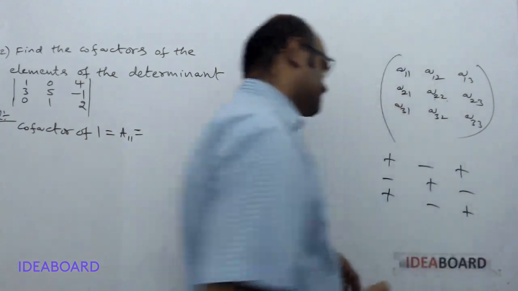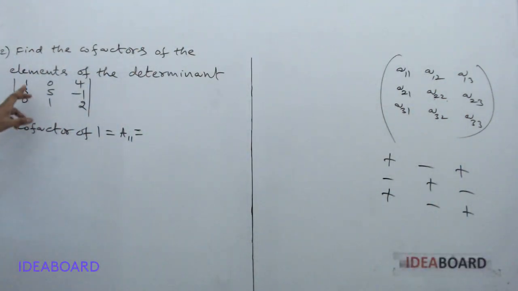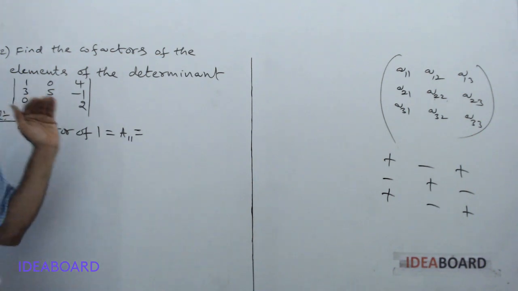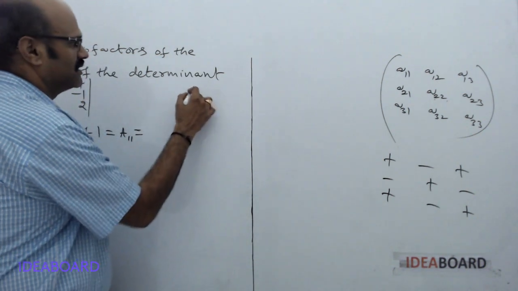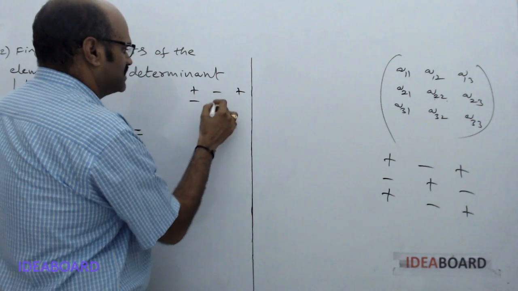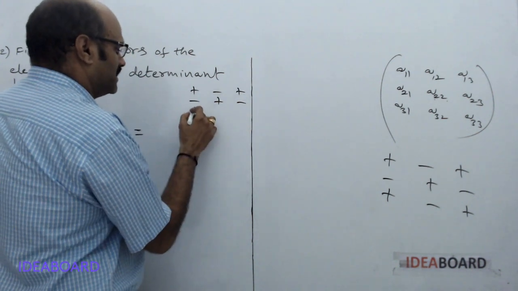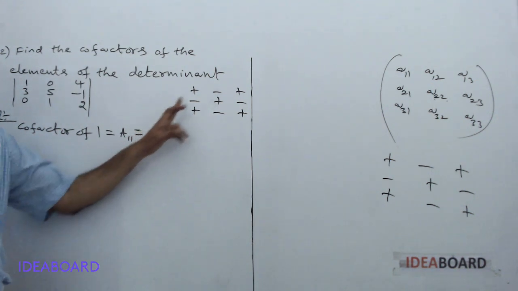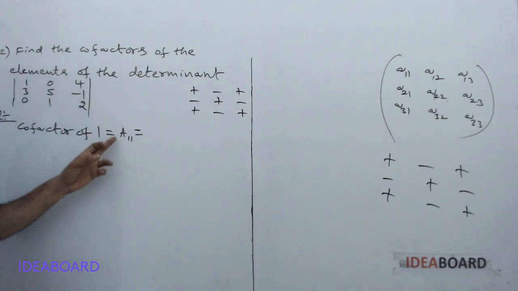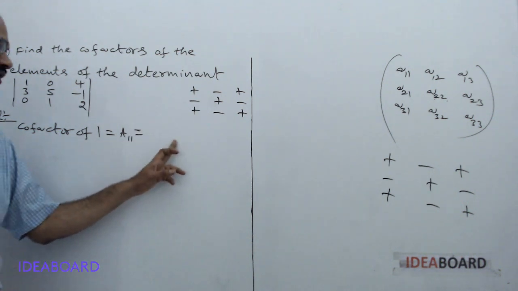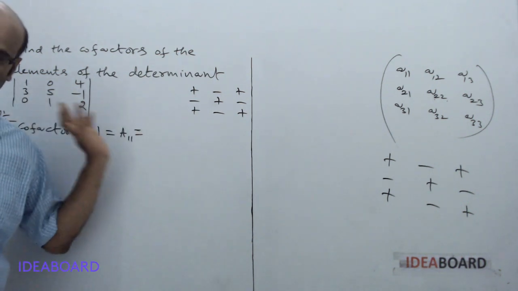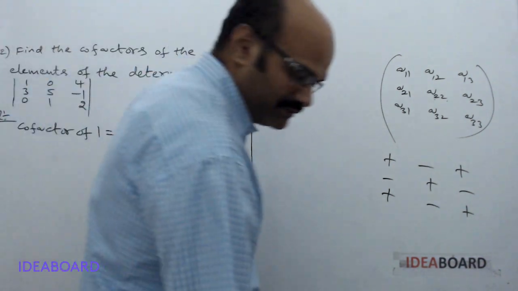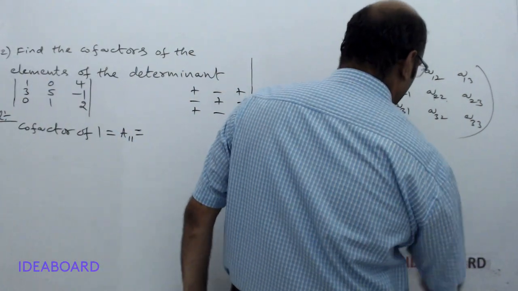So e is always equal to plus. Whenever you have a 3 by 3 matrix, while finding the cofactors of each and every element, we can take the signs always like plus minus plus, minus plus minus, plus minus plus. You can take the signs directly. Otherwise, you can write the formula minus 1 whole power 1 plus 1 into minor of 1. No problem, so here we can take directly.